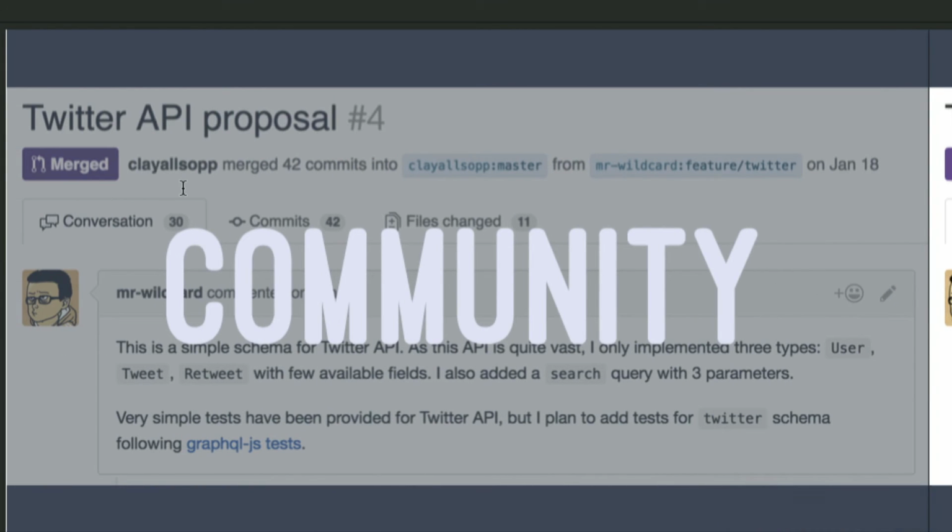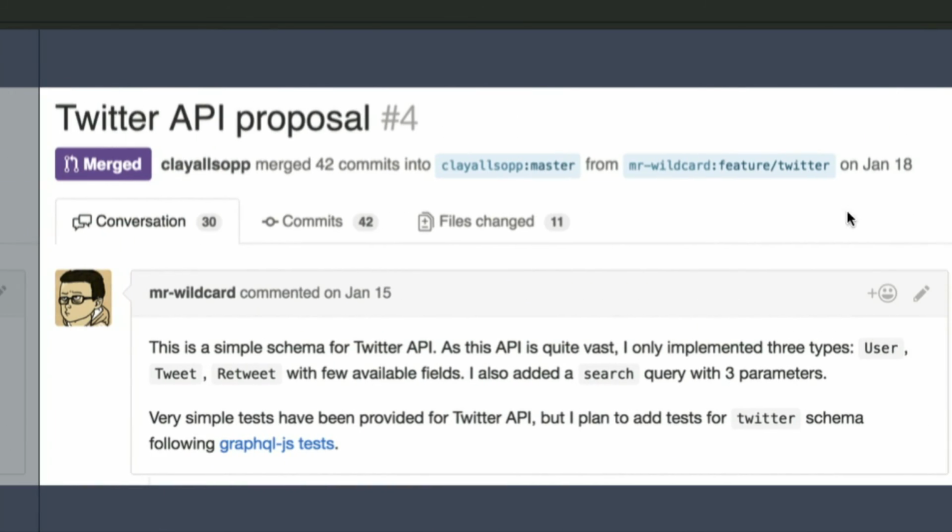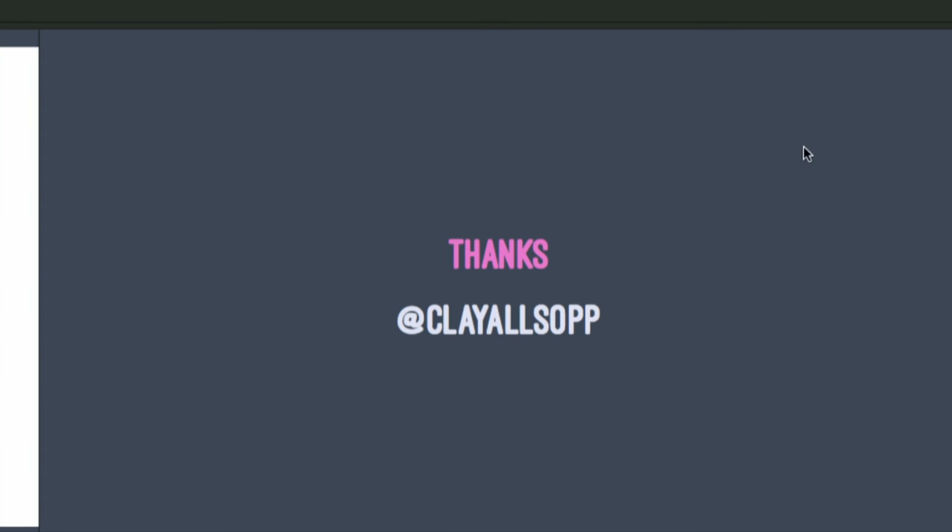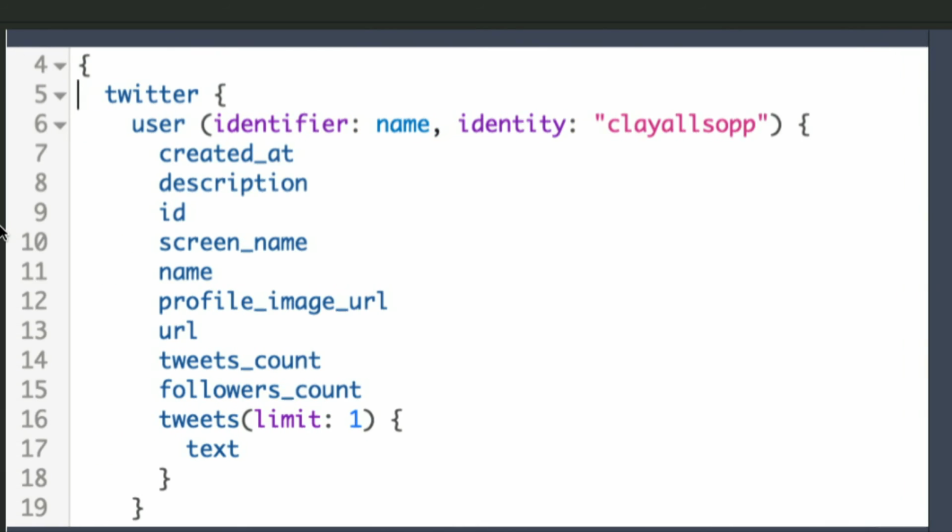And finally, it's really cool to see, as I've made these changes and taken this little journey with GraphQL, how the community sort of responded. So for example, the Twitter endpoint on GraphQLHub is entirely a community thing. It was just a pull request that was open one day, and I thought it was super awesome. And again, this is all open source. If you're interested in how any of this code works under the hood, or you want to contribute back to it, go for it.